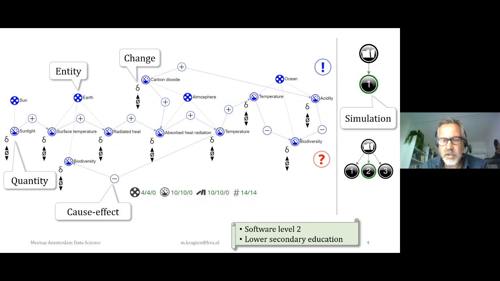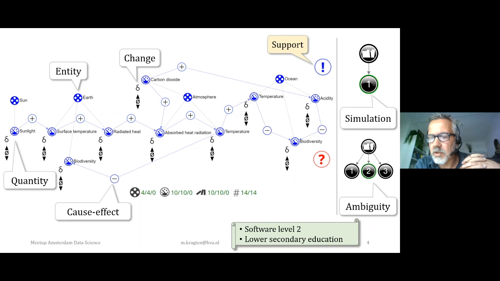So they can run a simulation. They make a qualitative representation, but it's an executable model. So the system can be run with the right parameters set, the initial settings set in the beginning. And what can also happen is that if some effects are contradictory, we can get ambiguity in the system, so multiple end states are possible. In the project we have made some types of support, which will also be visible in the video in the next slide or the one after.